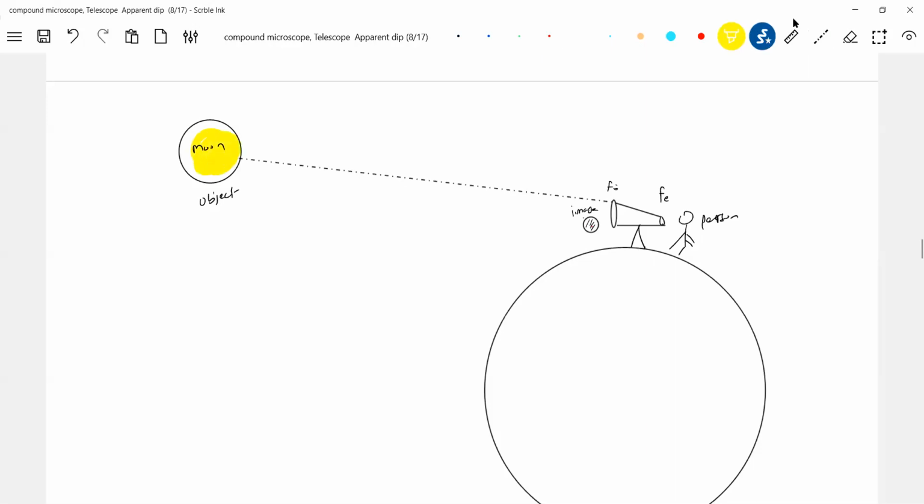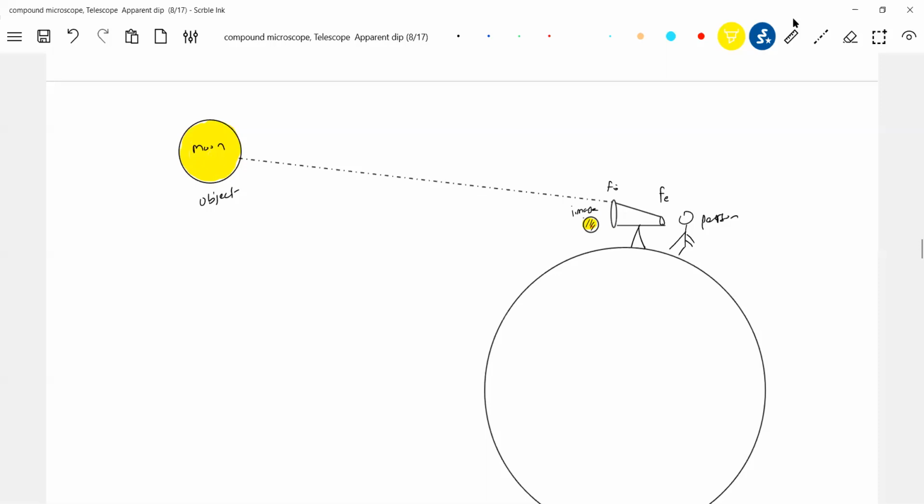There's a trick of this particular instrument. It will not bring the moon near to your eyes. It will form the image of that moon near to the eye. The diameter of the moon is very big, but this image will be of order diameter 5 or 6 centimeter. It's good, you can see things clearly. The image will not have the dimensions of the moon. It will be small.